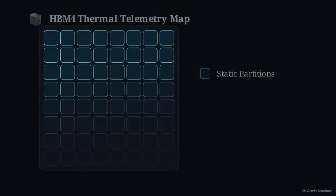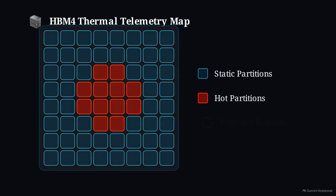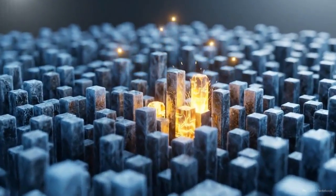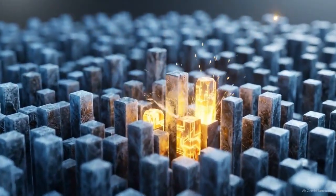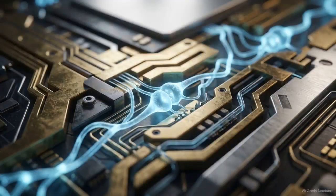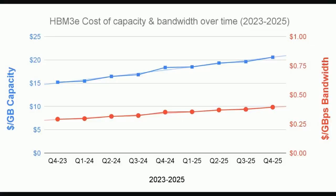Instead of refreshing the entire memory stack blindly, the firmware dynamically increases the refresh rates only on the hottest physical partitions to counteract electrical leakage. This targeted approach eliminates the secondary heat that would normally be generated by unnecessary global refresh cycles on the cooler sections of the chip. The AI accelerator operates as a reactive organism. Firmware and physical silicon negotiate thermal limits in a matter of microseconds, but even advanced architectures like CoWoS and HBM4